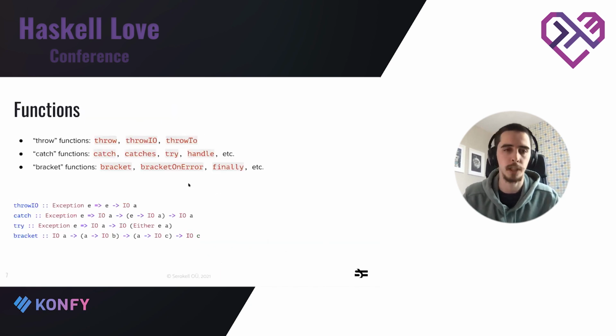Now let's see what functions we have in Haskell to work with exceptions. There are three groups of functions: throw functions to throw exceptions, functions to catch exceptions, and functions to deal with resources. Throw and throwTo functions will be discussed a bit later. And the throwIO function has the following type. It takes any exception value and returns IO a, where a can be arbitrary because it doesn't really return any value